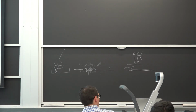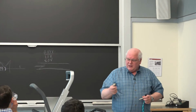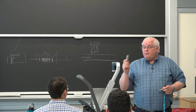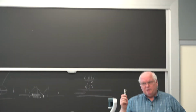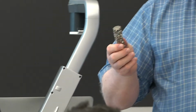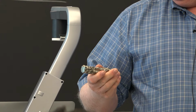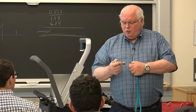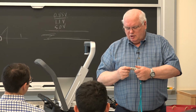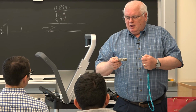In fact, I did bring, just because it's nice to have some touchy-feely things, a piece of crystal bar zirconium. They used to make titanium, and they now make it by less expensive ways, but back when they first started making large quantities of titanium, they basically made it the same way: you take a wire of titanium or a wire of zirconium, and you make a light bulb out of it in a vacuum chamber, and you